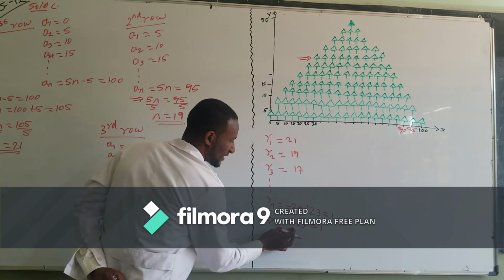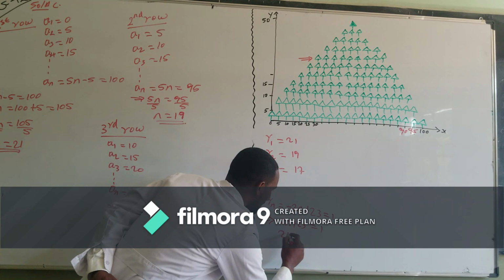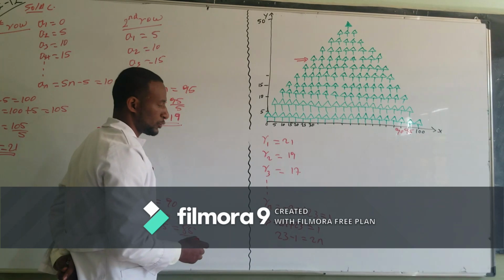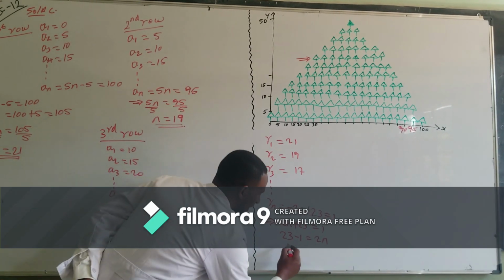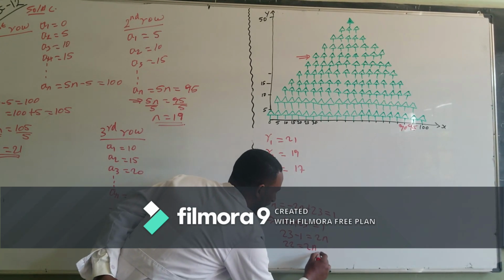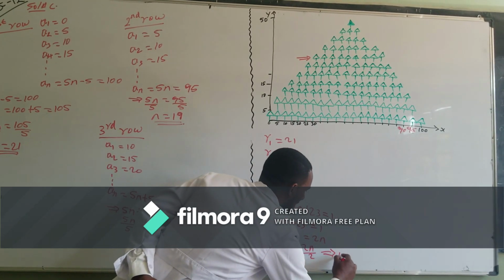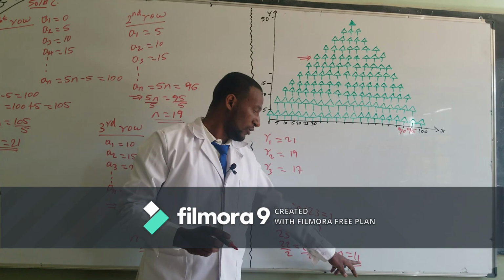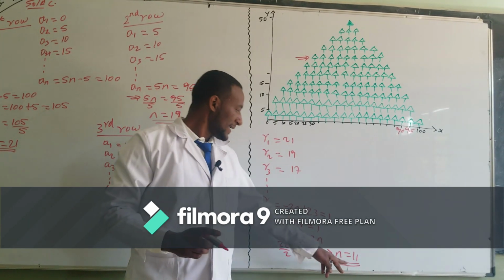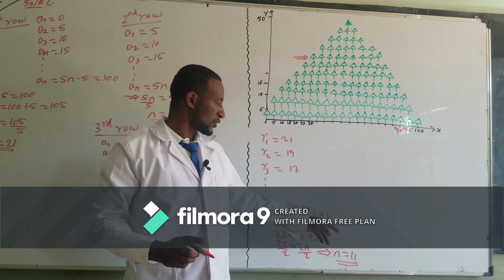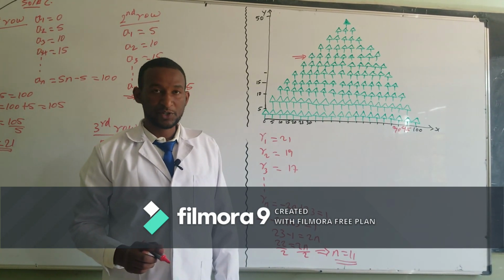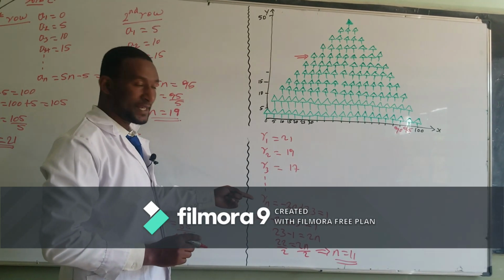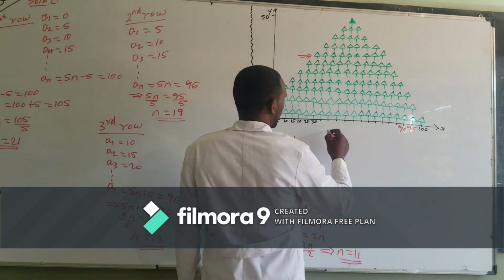Then when we move these terms to the right hand side, 23 minus 1 is equal to 2n. ፖዚቲቭ ለማድረግ ነው እንጂ ችግር የለውም። 23ንም ወደዛ ብንወስደው ችግር የለውም። ስለዚህ 22 is equal to 2n divided by 2 implies that n is equal to 11. የመጨረሻዋ ሮ 11ኛ ሮ ነች ማለት ነው። ይሄንን 11ኛ ሮን እዚህ ውስጥ ሰብስቲዩት አድርገን የመጨረሻዋ ዛፍ አንድ ዛፍ ብቻ እንደያዘች ቼክ ማድረግ እንችላለን ማለት ነው።